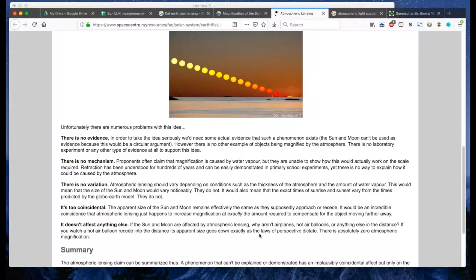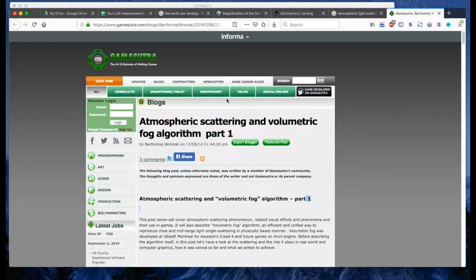And I thought, well, one of the very real observations that we can make that shows how the atmosphere will scatter and absorb the light as the sun is farther away from us through things like water vapor, there's got to be a way that we can measure the intensity of the sun. So here's another one that